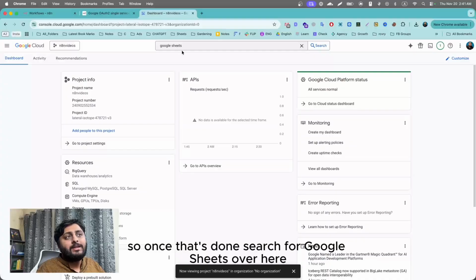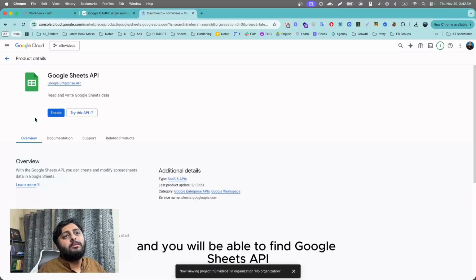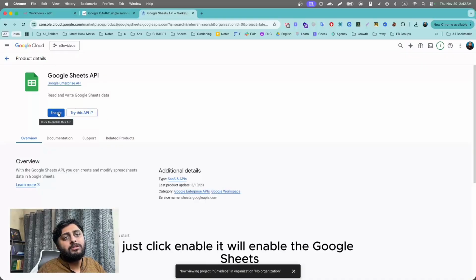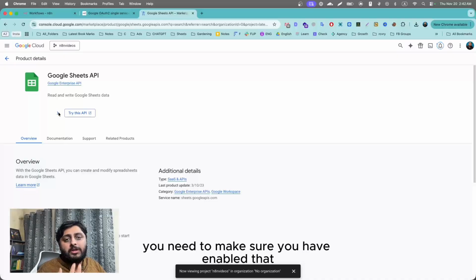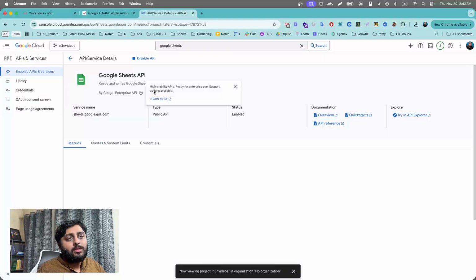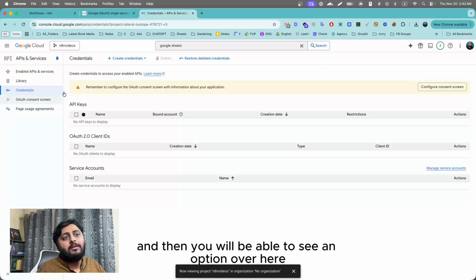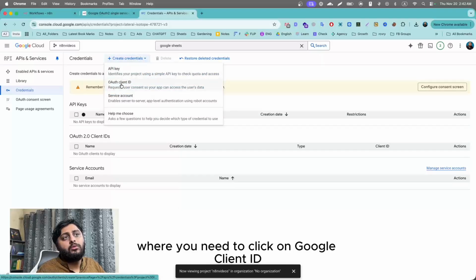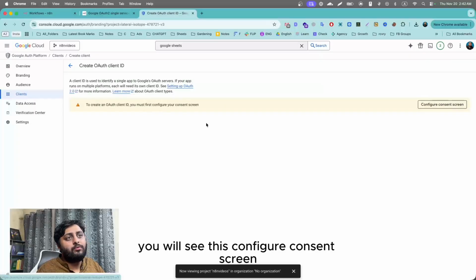So once that's done, search for Google Sheets over here and you will be able to find Google Sheets API. Just click enable. It will enable the Google Sheets. So before using any service in Google Cloud, you need to make sure you have enabled that. So that's the normal process for Google Cloud. So now this is enabled. You will go to credentials, and then you will be able to see an option over here where you need to click on Google Client ID, and then here you will see this configure consent screen. We will click over here,